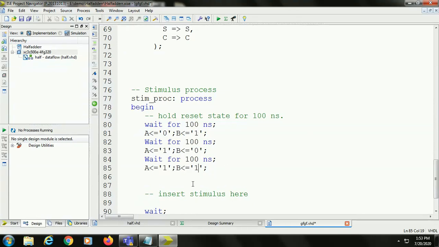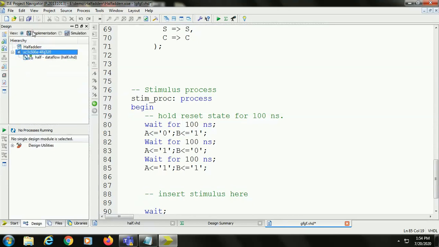After completion of this input combination, what we have done in the test bench program is just specify the inputs, so that for these inputs, the output is plotted. Those things we are specifying in the test bench program. Now one important thing: it is a simulation we are doing here. We are generating the test bench output, that is simulation. So to see the output here, we have to check this simulation. If you check the simulation here, then only you will get the output. This GF is the name given for the test bench program.